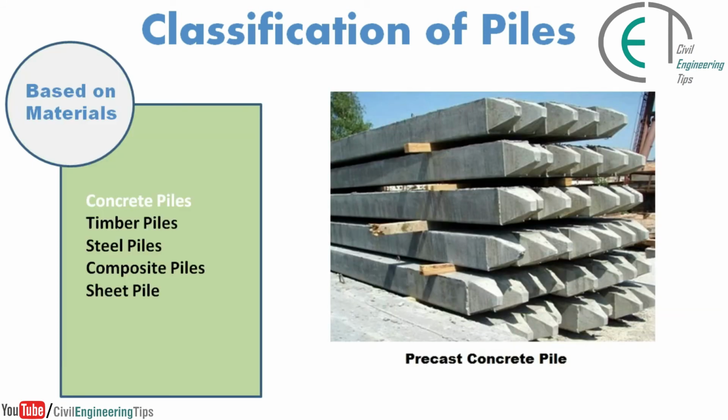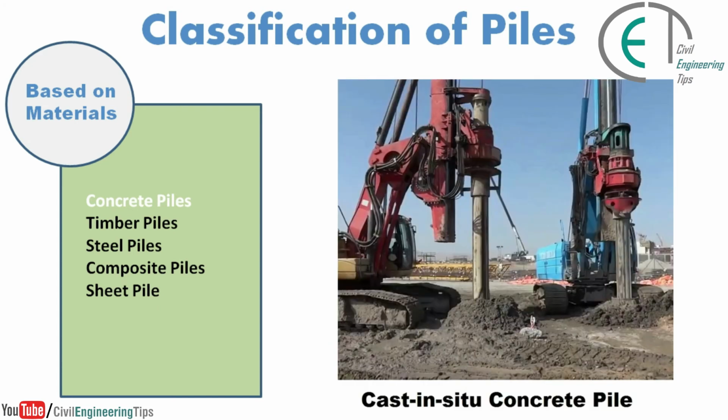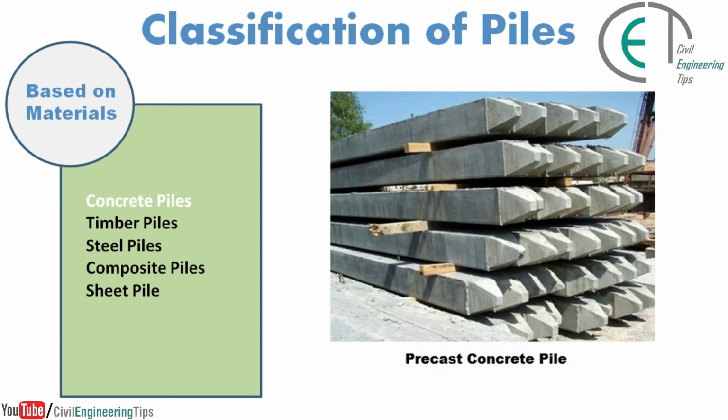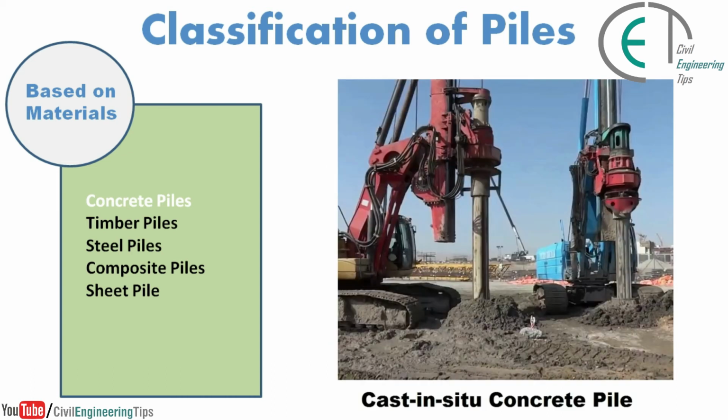Again, if we classify piles based on materials, then we get five types of pile: concrete piles, timber piles, steel piles, composite piles, and sheet pile. Concrete piles are of two types: precast concrete pile and cast in situ pile. Precast concrete pile is a ready-made pile made before constructing the pile foundation, and cast in situ concrete piles are